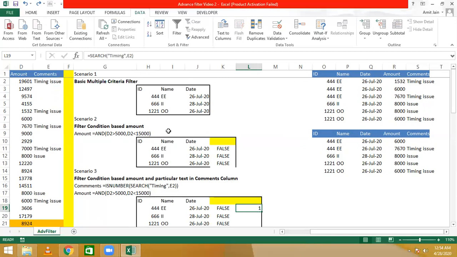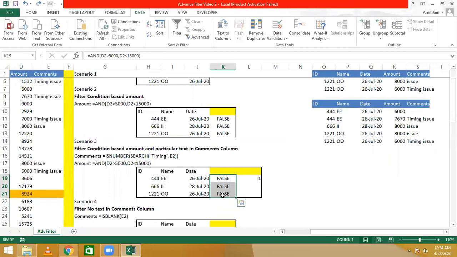But we want the output in true and false format to use the advanced filter, like here we used the AND function, and here also to turn this value into true and false we will use ISNUMBER. So ISNUMBER will turn this into true and false. It gives true because the value we got using the search function was 1, and 1 is a number. So ISNUMBER tells whether the input we entered is a number or not. So 1 is a number, so we get true here.